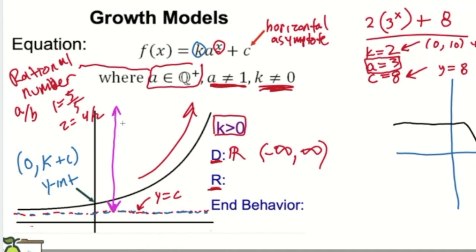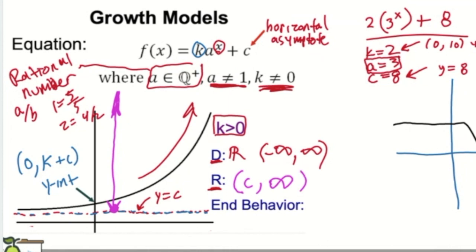What is that? Morado? Yeah, magenta. So it goes up like this, but as you can see, the graph goes up to infinity. So it keeps going up and up and up, but then it stops right here. So for a range, the smallest value would be C, and the biggest value is, oh, it goes up to